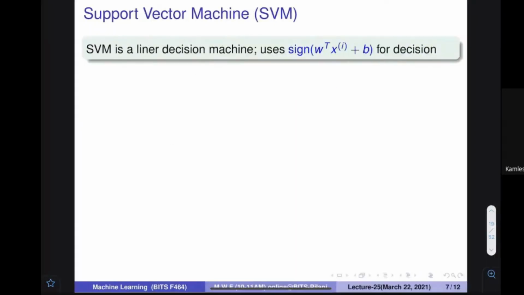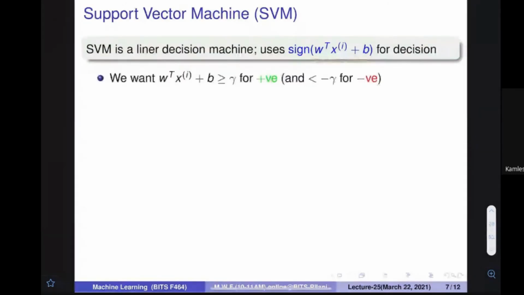All right. So SVM is a linear decision machine. Now we are going to talk about the SVM. What is SVM? First time in this lecture, after 40 minutes, I'm going to talk about what SVM is. Machine means there is an equation of the plane, and if you want to find the classification for a new point, you put it into this equation and find what is right. In this setting, a few minutes back we saw that for the positive point, this value should be larger than some gamma, because we want to build a fat margin classifier.